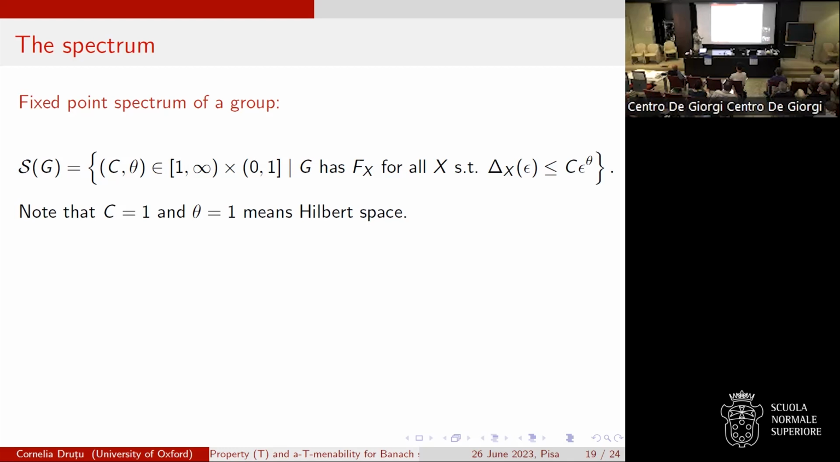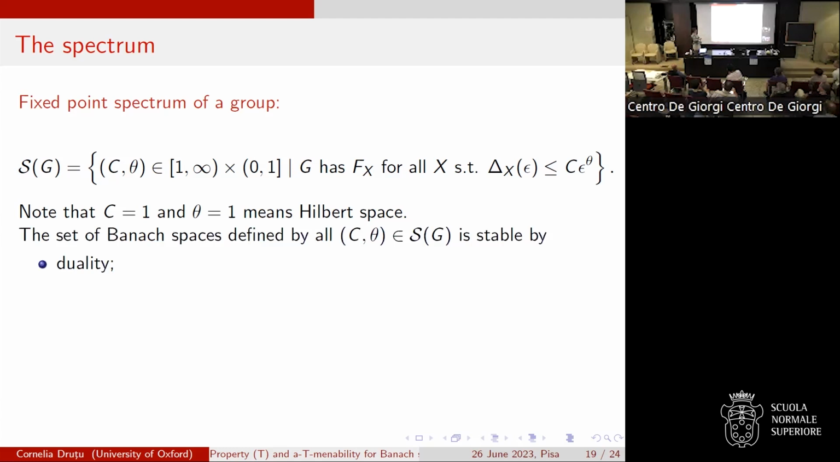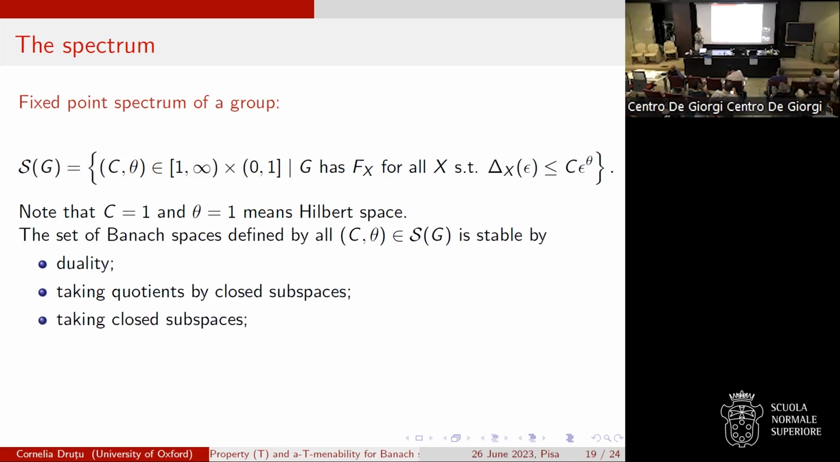So actually, when we are considering this spectrum, we are also looking at affine uniformly bounded actions on Banach spaces. So for instance, the Hilbert spaces will be on the line theta equal to 1. That is the line. And so we are recording all the Markov convex spaces satisfying this inequality for which the group has the fixed point property. So they're all going to be recorded via these two parameters in a certain strip. And the set of Banach spaces thus defined is stable the way we want it. So it's stable by duality, by taking quotients, by taking subspaces, I mean, for all the reasonable operations,